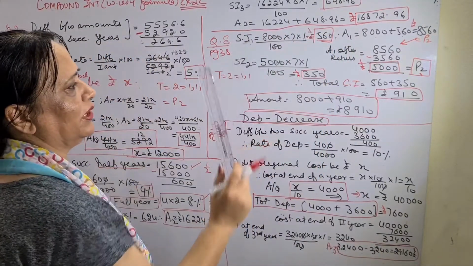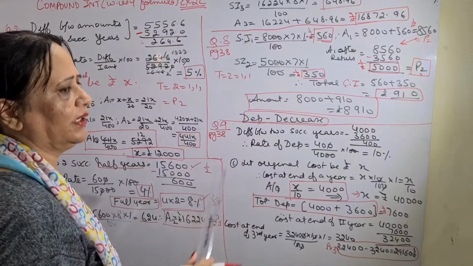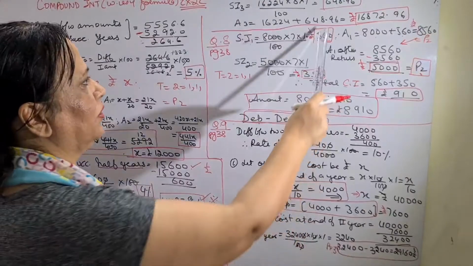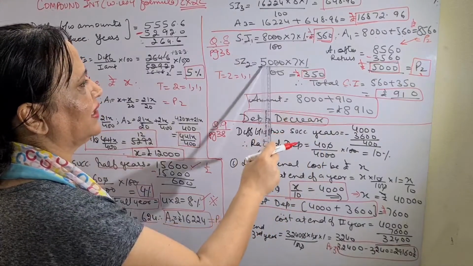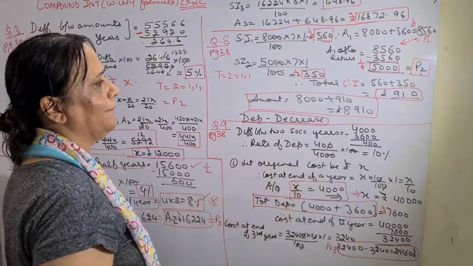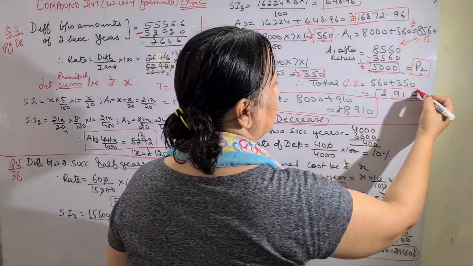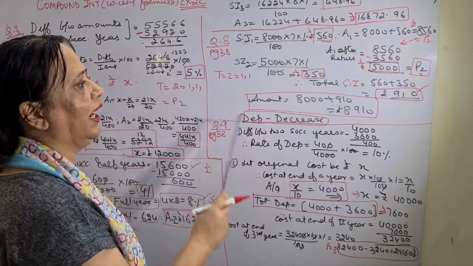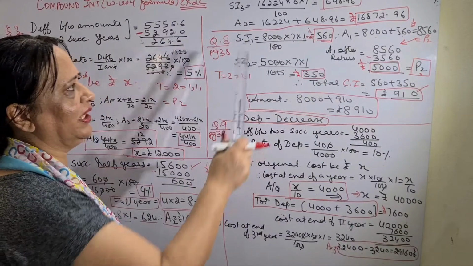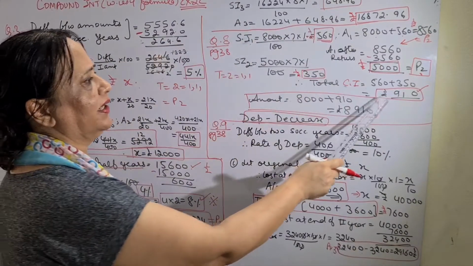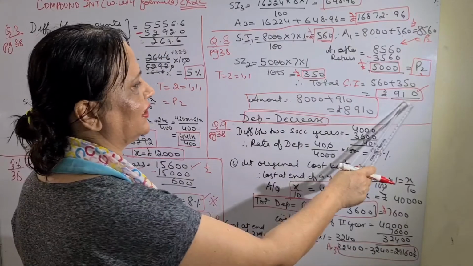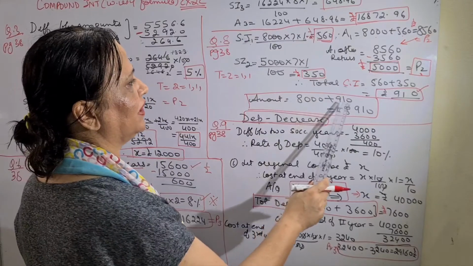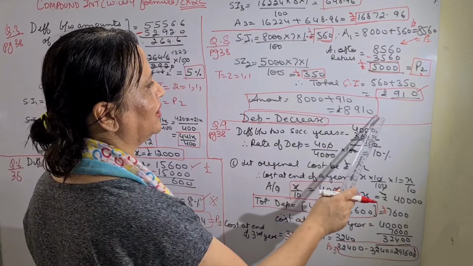They have asked me to find the total compound interest. The total of compound interest, I have already told you, either you subtract the original principal from the final amount, or you add the two interest, SI1 and SI2, this is 560 and 350. This is 910. This is your final interest which he has to pay for the 2 years. And what is the amount due? He had taken 8,000 and 910 extra he had to pay, that is interest. So total amount to pay off the debt is 8,000 plus 910, that is 8,910 rupees.